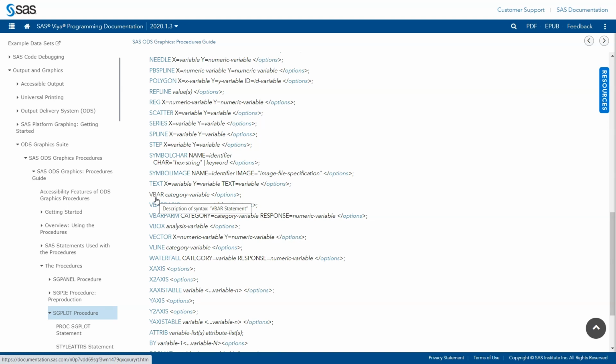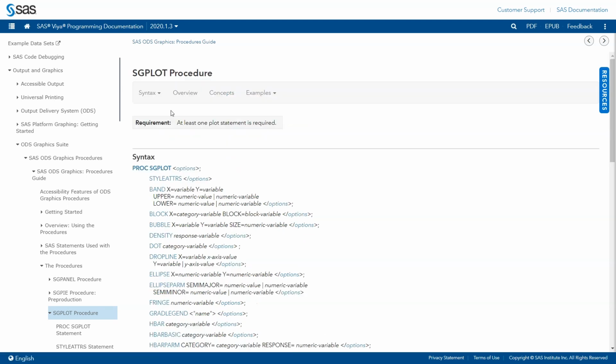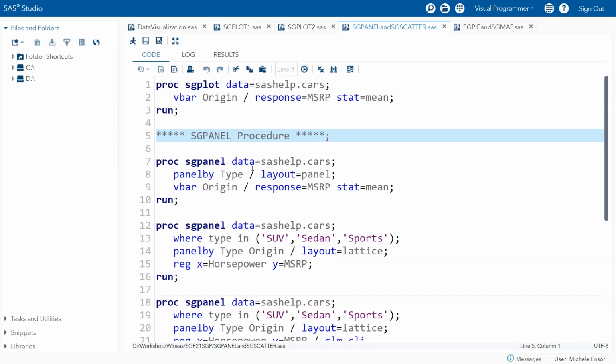In addition to the VBAR, we looked at other statements such as x-axis, y-axis, and key legend. Another nice thing about the documentation is the documentation is broken up by syntax, overview, concepts, and examples. So much good information at your fingertips. Make sure you check out this documentation.